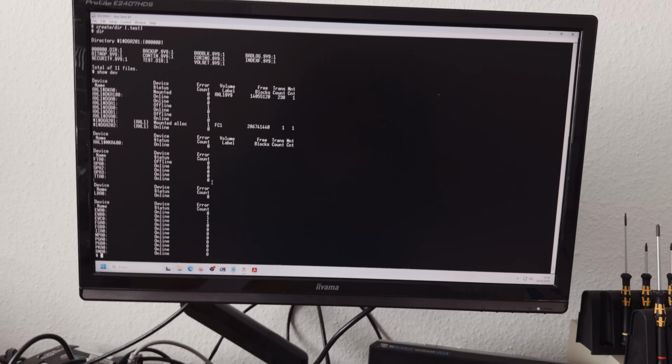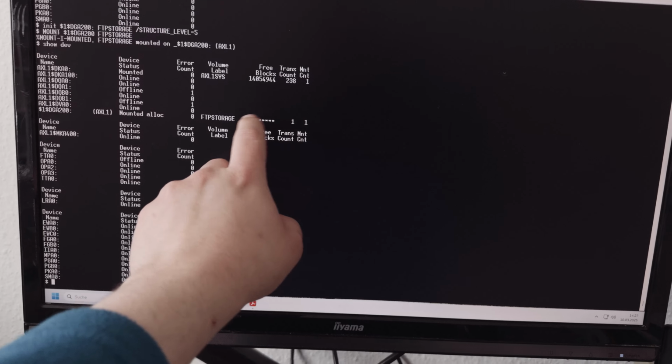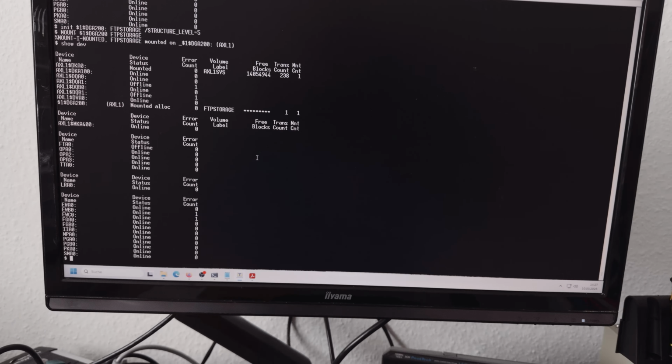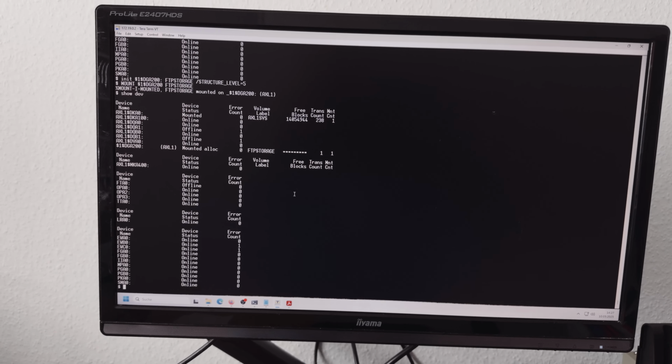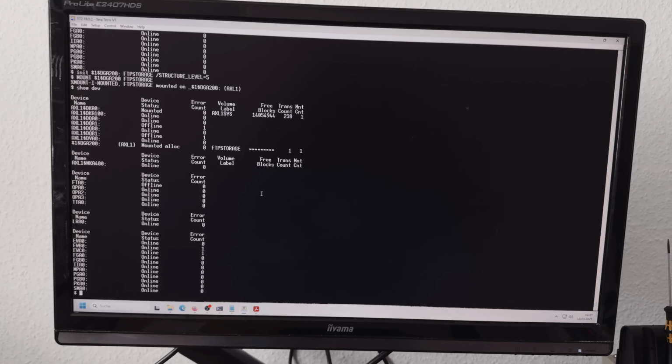Okay, yeah, I've rebuilt the original RAID 6 array, and the RAID 6 array is there. You can see here, because it's quite big, it cannot show the 3 blocks. It seems to be too big a number for the 3 blocks, but I was able to create a